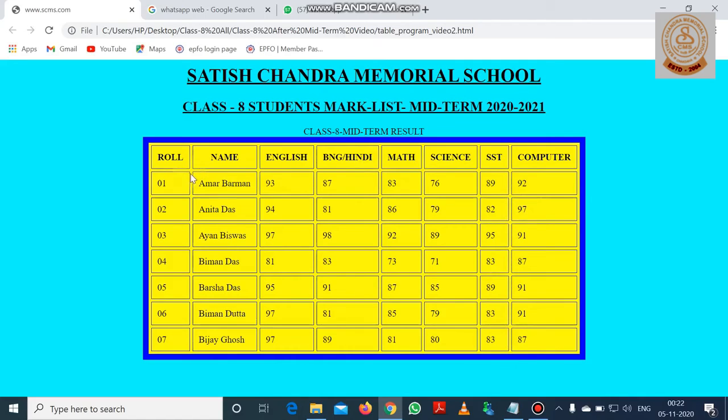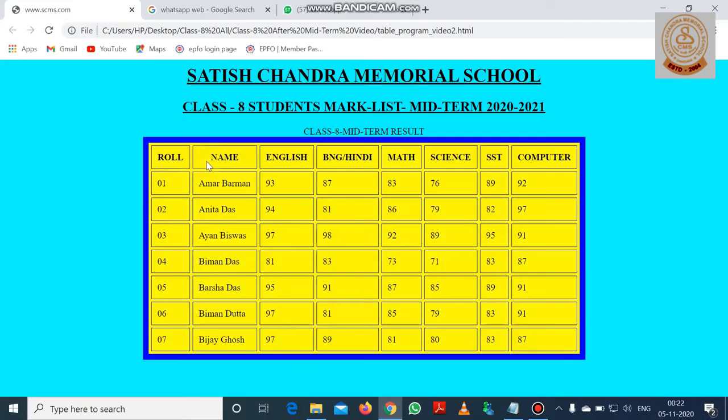And cell padding, you can see, suppose the second heading is name. Now you can see between the wall or side of the second heading cell and the word, there is a gap. This is called cell padding. Again I am telling, you can see the second heading cell. In this cell, between the side of the cell and the word of the cell there is a gap.